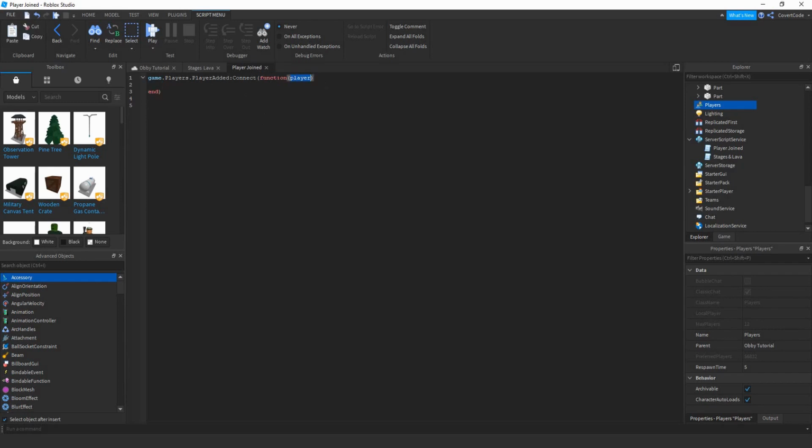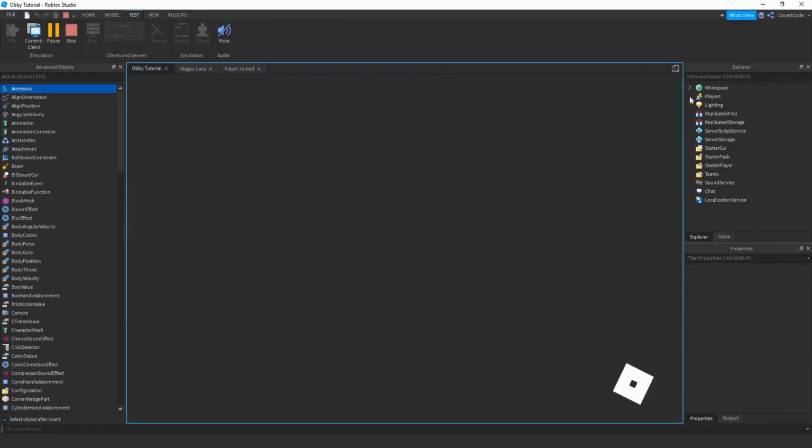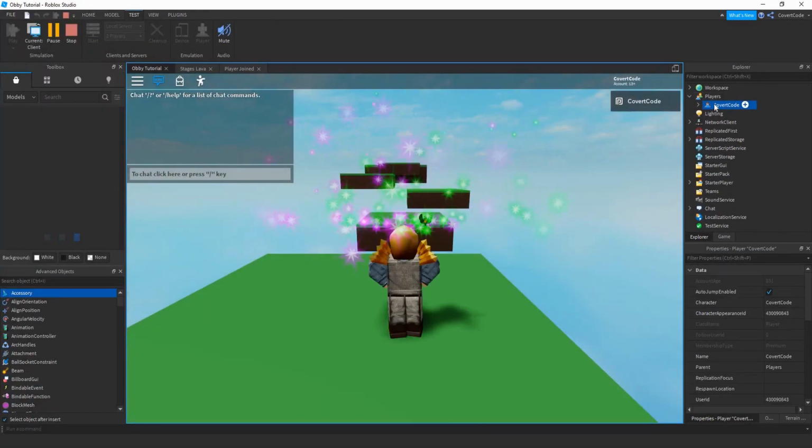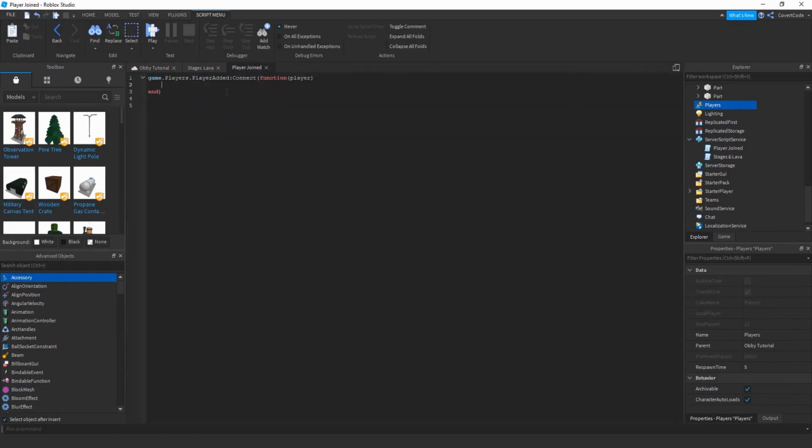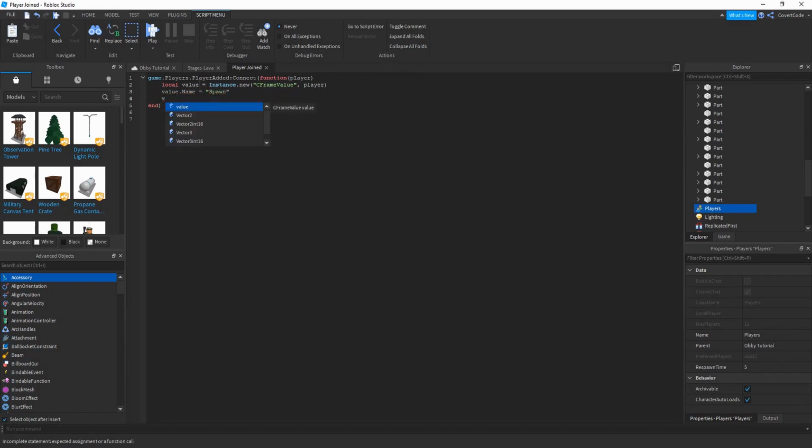The parameter is going to be player. That's what's going to refer to the player object. So the player object is basically this. So now let's create a value which actually refers to the player's spawn location. So local value equals Instance.new CFrameValue, player. Okay, value.Name is equal to spawn, value.Value equals